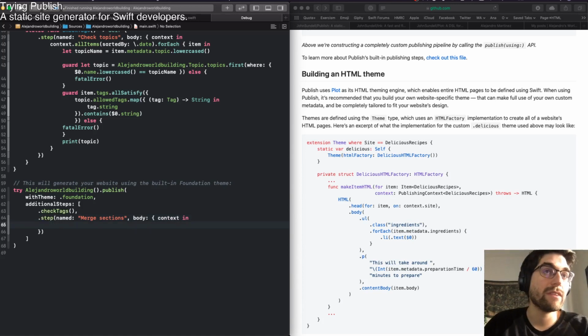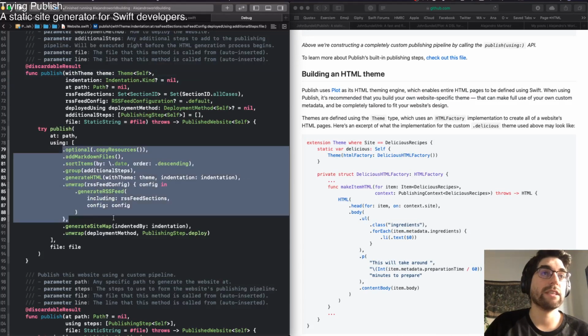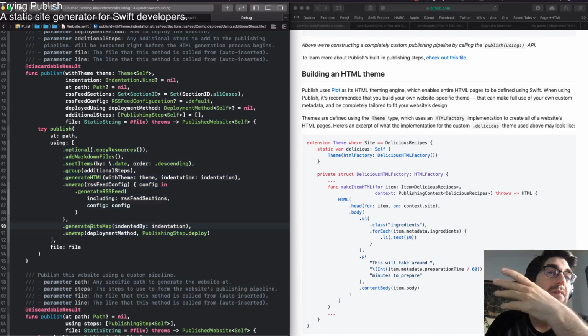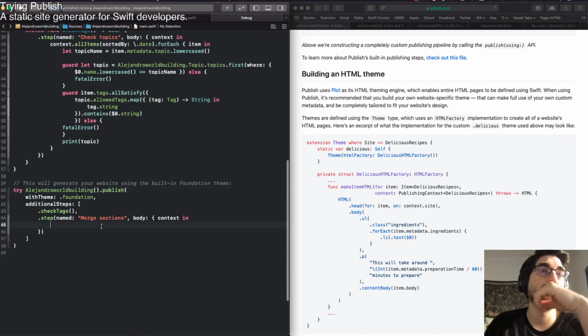And maybe this is one of these things where, at this point, you don't want to use the default publish. You basically want to go here, copy these steps, and change one of them. I don't know which. The sitemap is not going to be the same, so you want to start customizing it. But I could see how